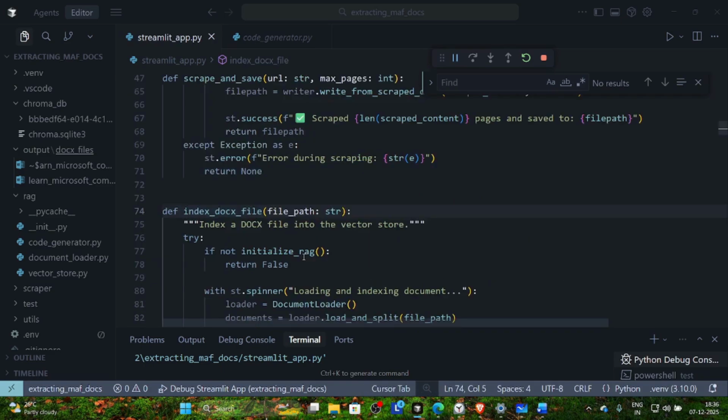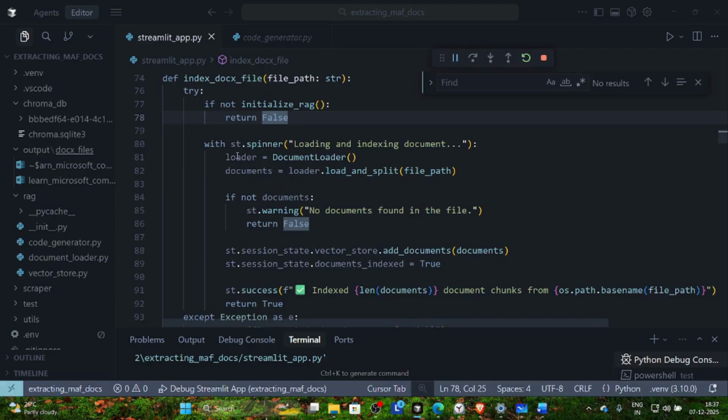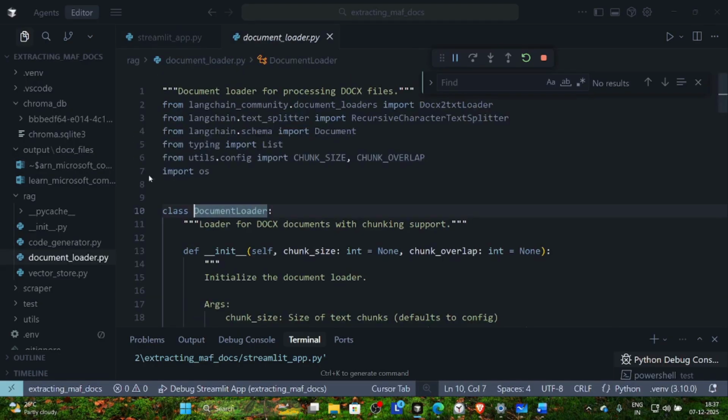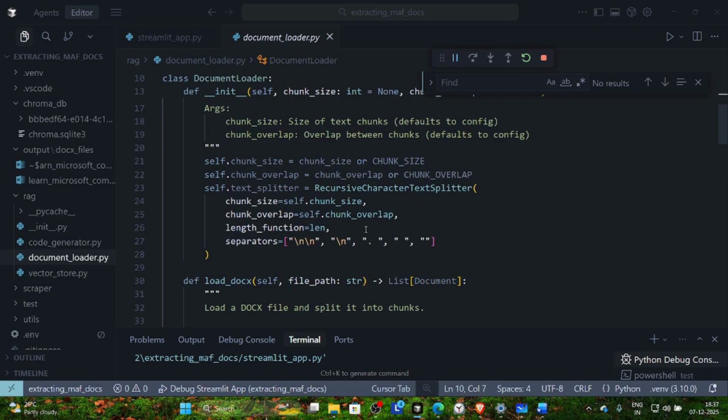Here is a function named index doc file. What it is doing, this is doing our actual operation, guys. We are initializing RAG first. If that has not been executed, we initialize it and the process starts. First thing was we load our document. So our third file, the document loader, is getting initialized here. The document loader is like the first thing in our RAG, which is